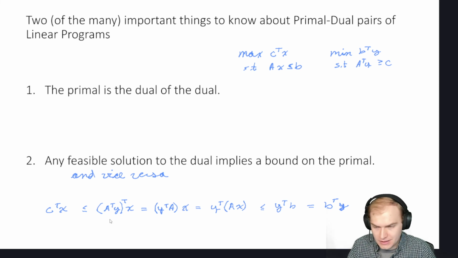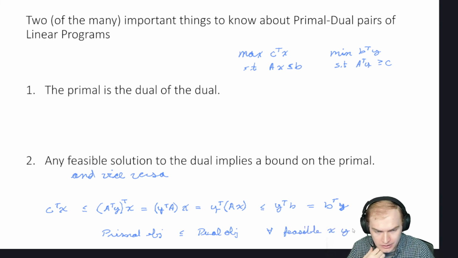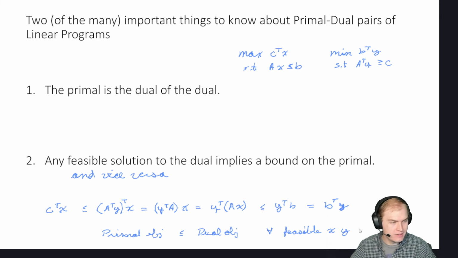So what this is saying is that the primal objective is less than or equal to the dual objective for any feasible x and y. So for any feasible solutions to the primal or dual,